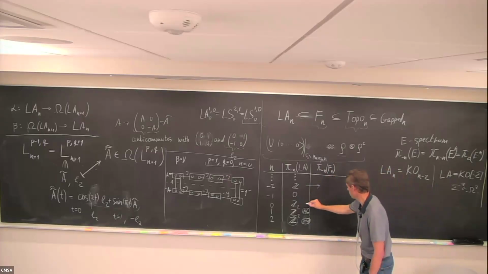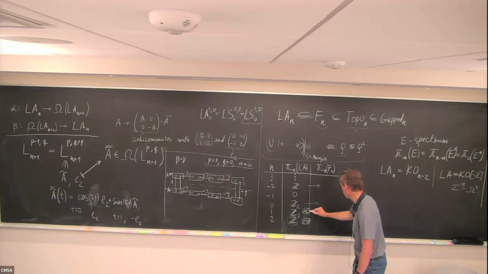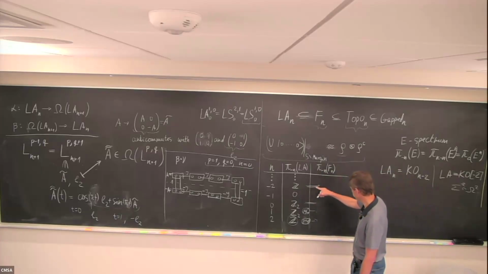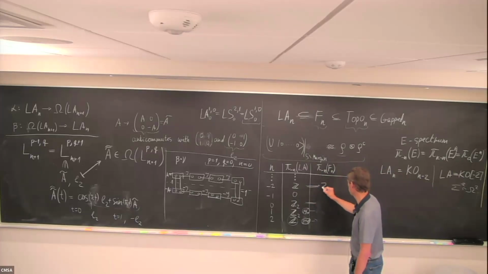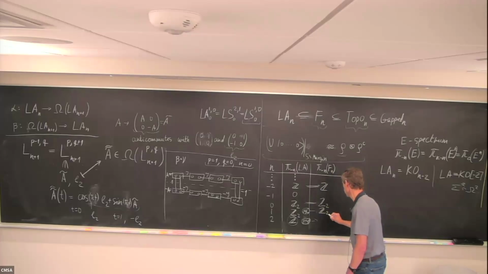There should be maps in this direction. And in dimension minus 2, this is an equality. So it's Z, it's an isomorphism. Z2, Z2. And here I put a question mark. But anyway,